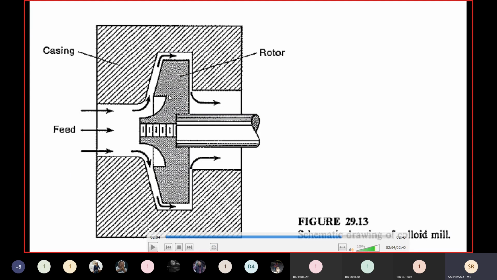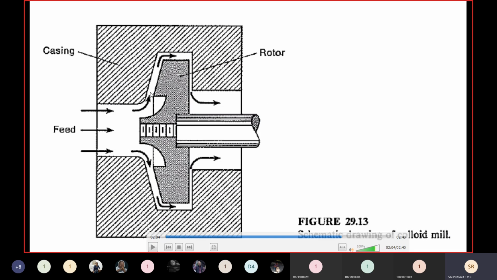So what will happen? The shaft is rotating with a higher RPM. The rotor will also rotate with higher RPM, so high shear forces will be applied on it. The inlet area is more, but as you come down, the outlet area is decreasing. So if you put particles of different sizes, they will be crushed and suspended in that base perfectly. And then we get a perfect paste from this side.